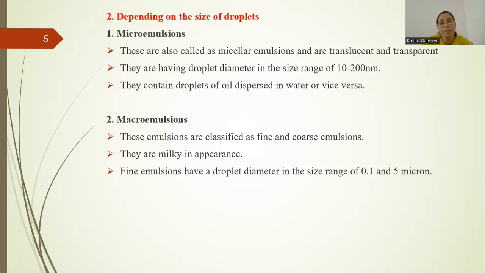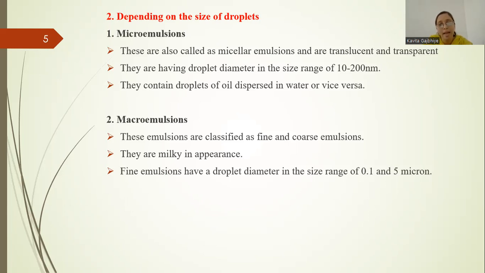Whereas the second type of emulsion based on the size of droplet is macro emulsion. Now these macro emulsions are again classified as fine emulsion and coarse emulsion. So fine means again the particle size is very less, whereas in coarse emulsion the particle size is higher, or we can say droplet size is more. Now as compared to micro emulsion, the macro emulsions are milky in appearance, whereas